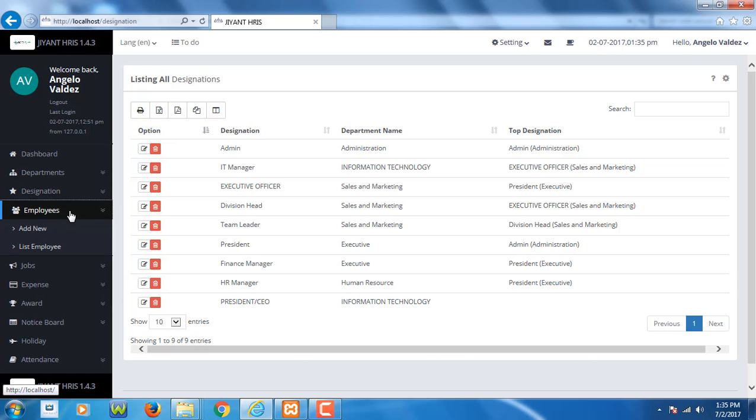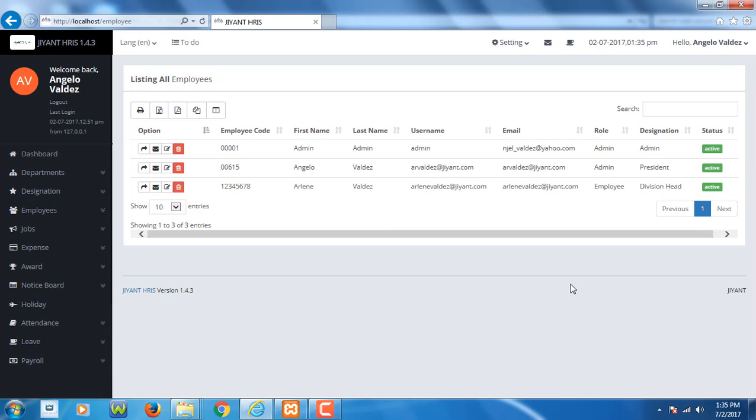And we have here the list of employees. This is where you maintain all your employees. This is where you add, edit and delete employees, and you can also send a welcome message from here.